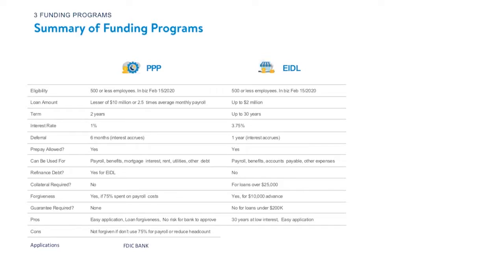You know, it's a long time to pay it back. Not to mention, you don't have to make a payment for a year. And the interest rate's low and the application process is fairly easy. The cons is if it's over $200,000 and they require collateral, then you're risking some of the assets of the